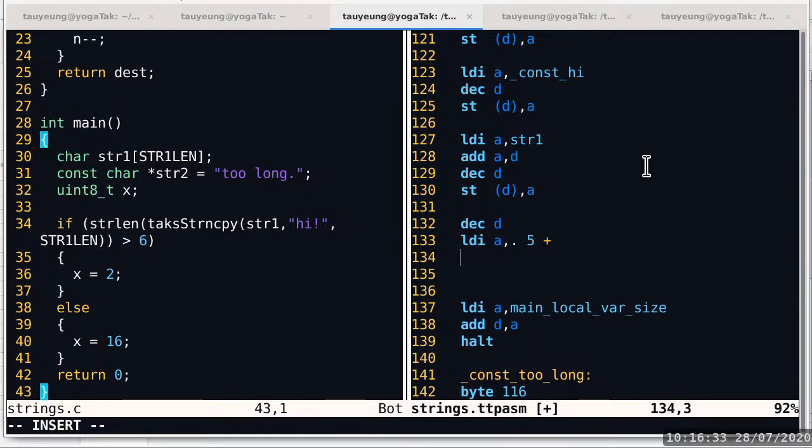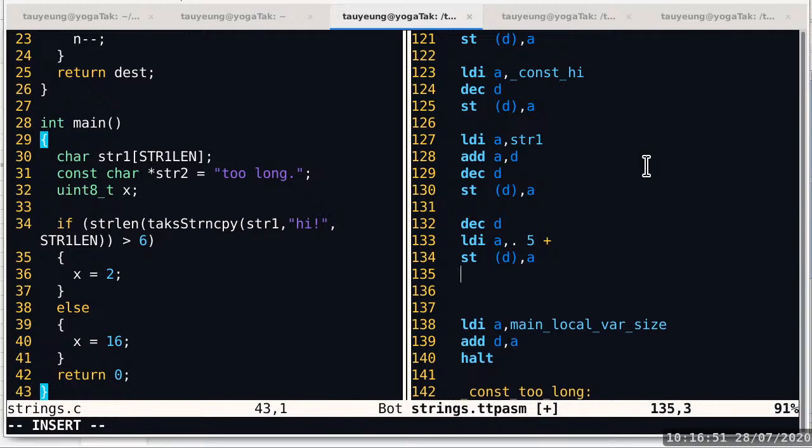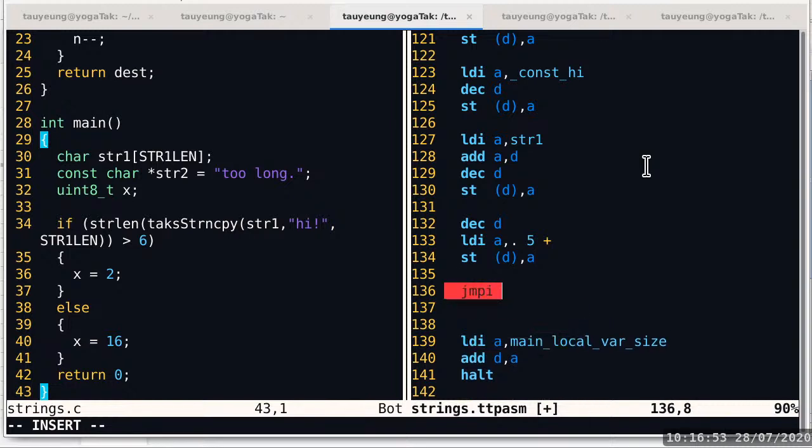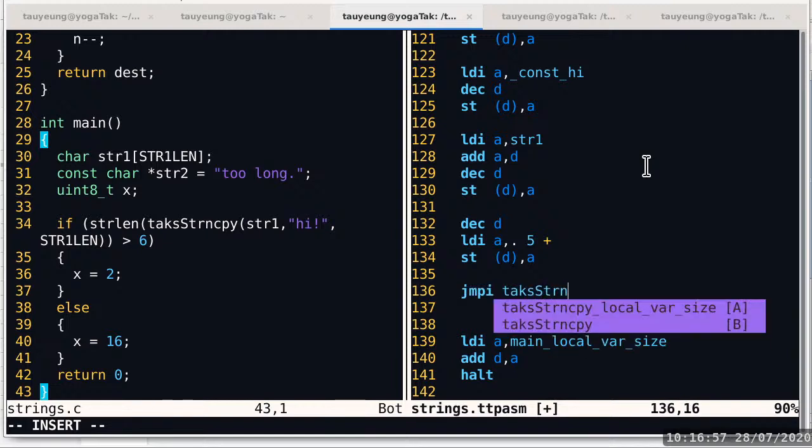Yeah, we do not need to jump around that anymore because they're after the halt instruction and nothing will execute after the halt instruction. All right, so let's complete this. Okay, we push the return address on the stack. We got the return address in register A, so we do a STDA. That pushes the return address, and now we can do a JMPI to the subroutine that's called text string and